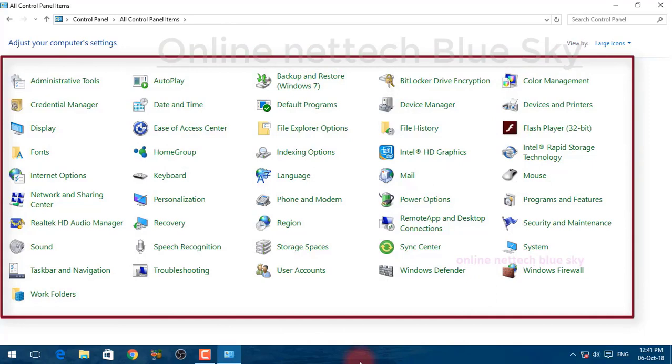Windows Vista, Windows XP, Windows Server 2003, Windows Server 2008, Windows Server 2008 R2, Windows 2012, Windows 2012 R2, Windows 2016, Windows 2019.